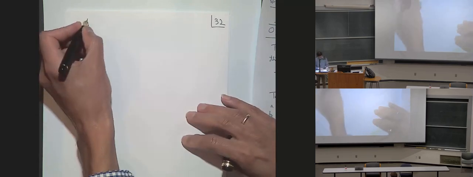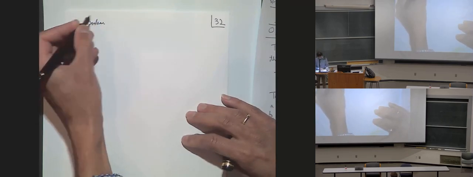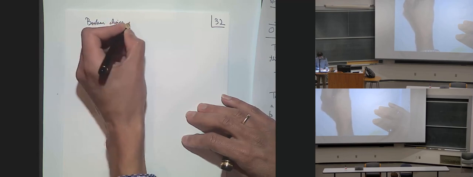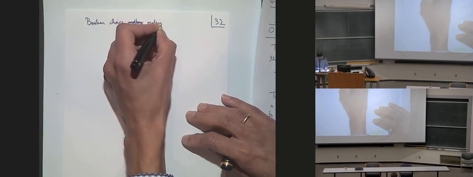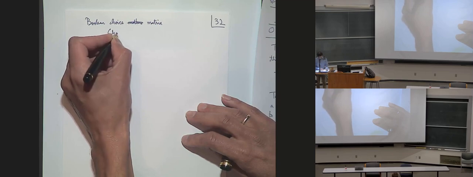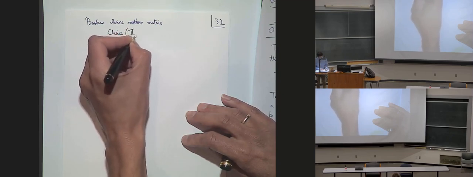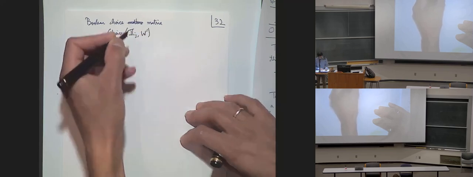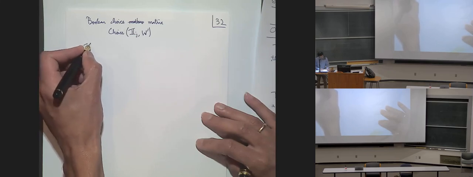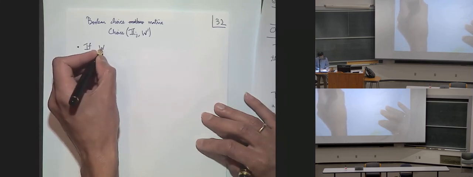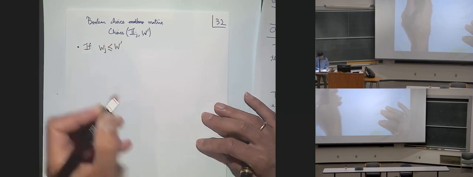Okay, so I will set up the Boolean choice matrix. I'm just going to call this choice. And again, this has 2 arguments: a knapsack constraint and a set of items. And this is how you fill it up. So you basically say, if the weight of the jth item is less than W prime,